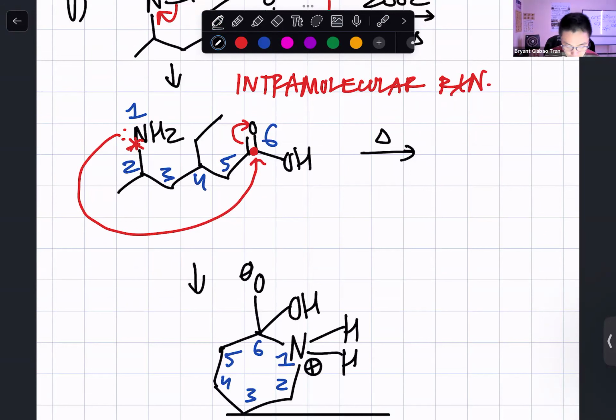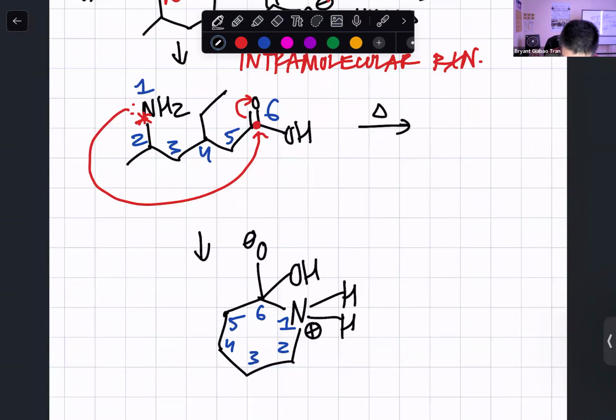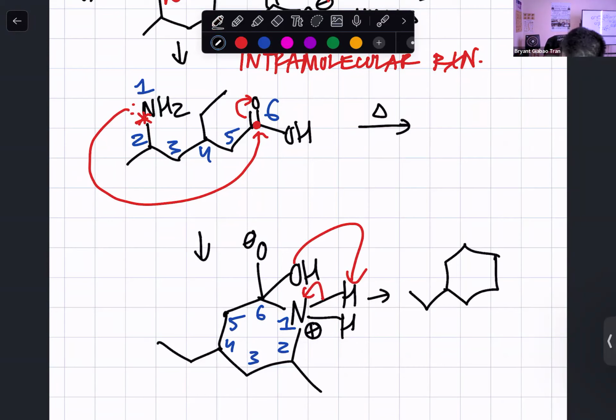Now this is where we deprotonate the group we want to keep, protonate the group we want to kick out. Before I do that, I'm going to attach the decorations, the accessories. Right, carbon 2 has a methyl group, carbon 4 has an ethyl group. And from this point right here, I'm going to deprotonate this nitrogen and protonate the OH at the same time, right? Just to get the good leaving group I want and the bad leaving group I want,